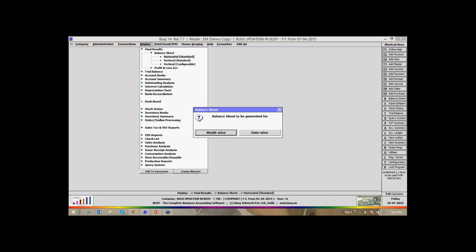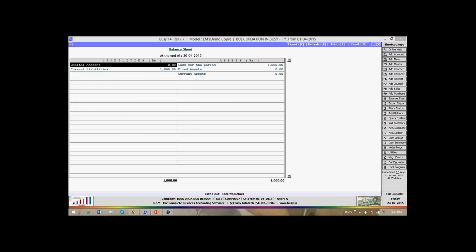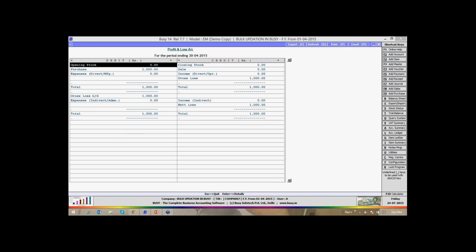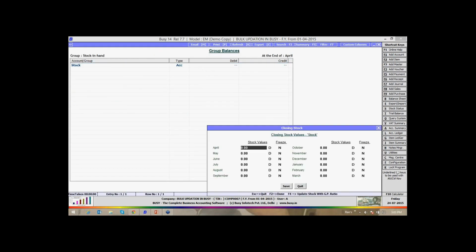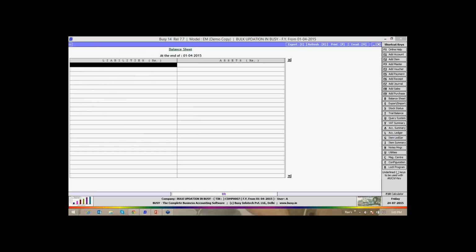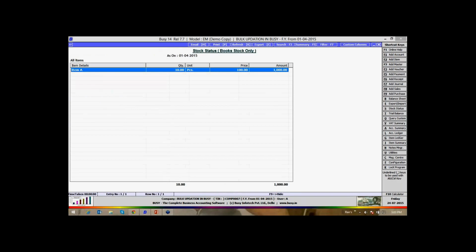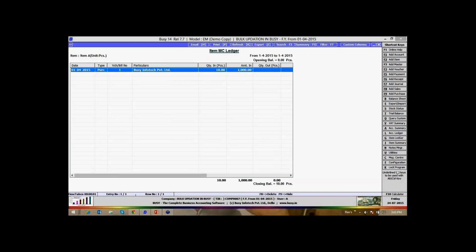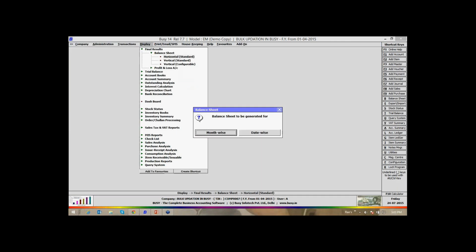When I see the balance sheet month wise, there is no stock here. You can see there is no stock lying here. Nothing is there. If you see it date wise, there will be closing stock here coming from the purchase. So you can update this balance sheet stock when you see month wise.